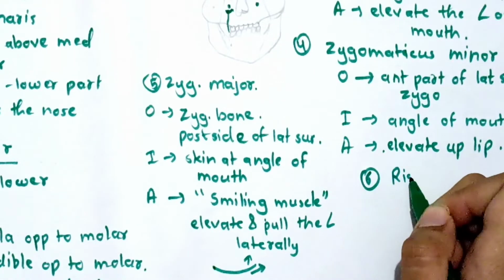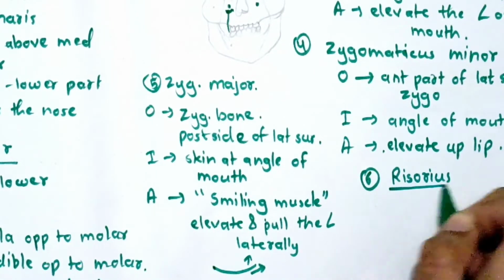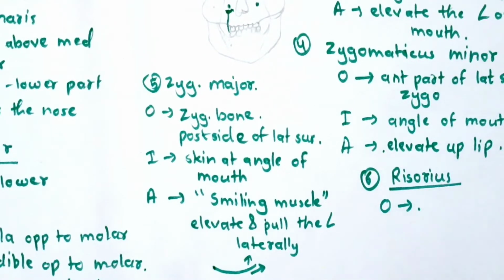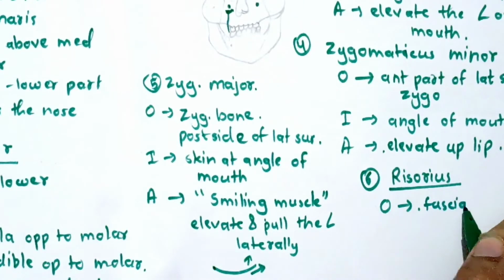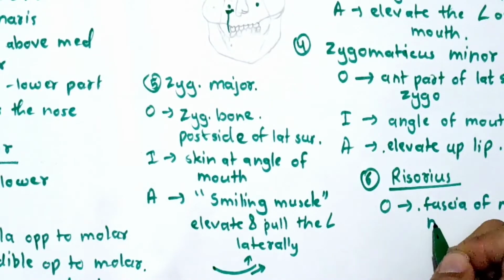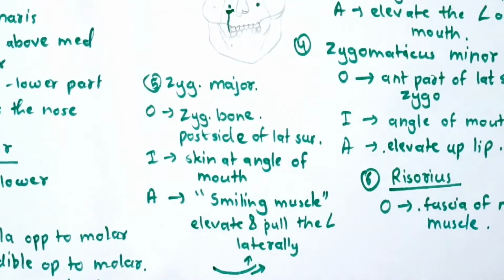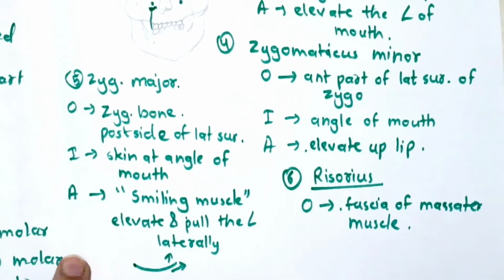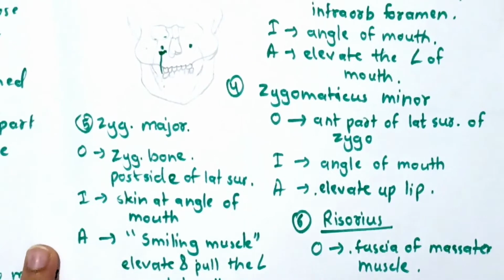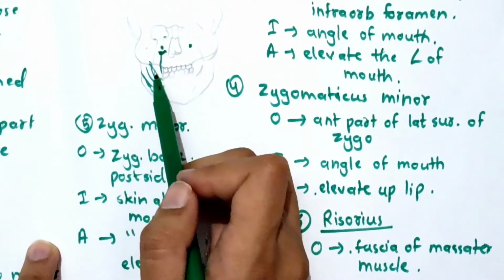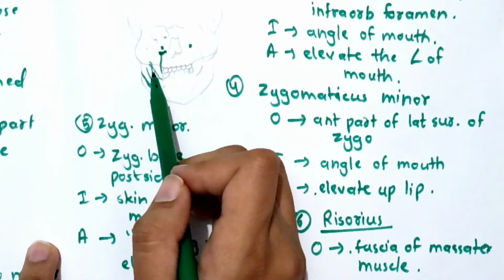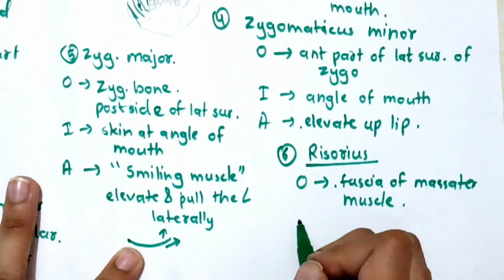Sixth one we have risorius muscle. So its origin is on the fascia of masseter muscle. What is masseter? It is a muscle of mastication. We'll see that muscle in that part of muscles. So this is a big muscle which is present here like this. So the risorius is originating from the fascia of this masseter muscle, and there is the insertion